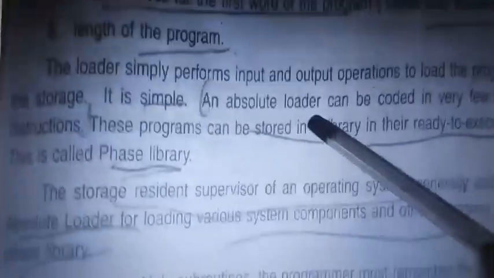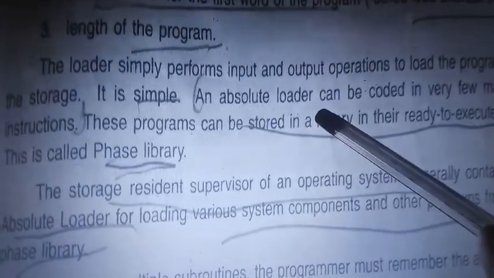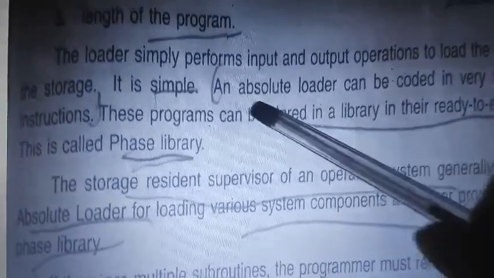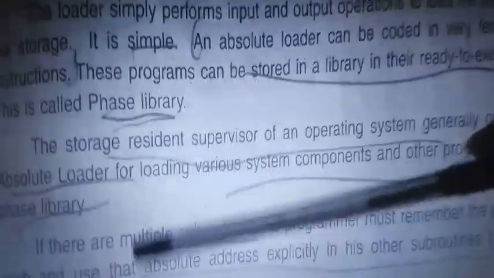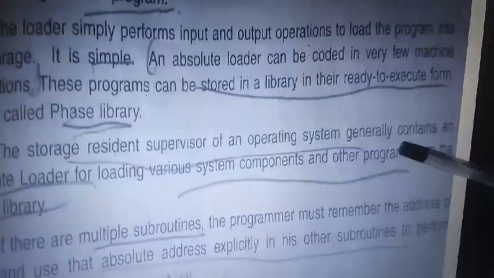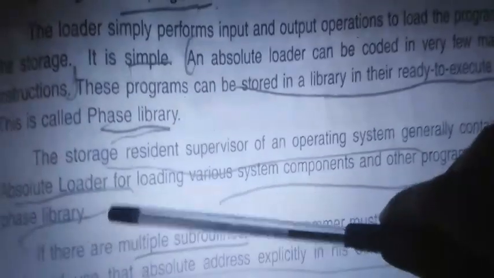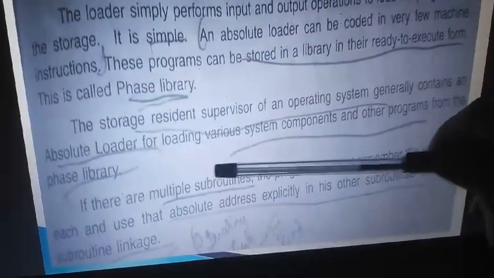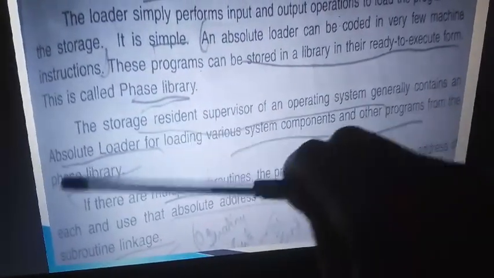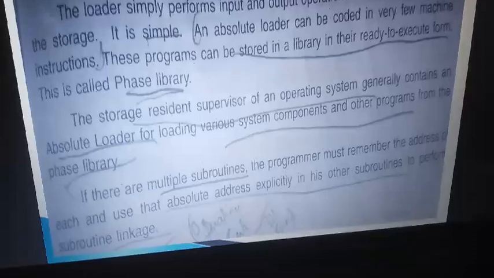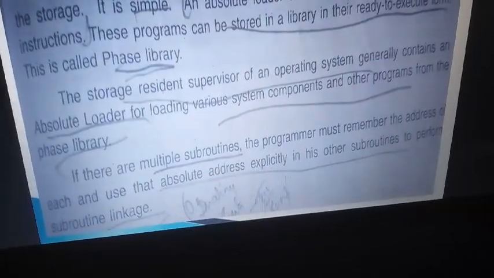The absolute loader is very less memory consuming software, which stores the ready-made program, that is called a phase, into the main memory. So here every supervision is done by the operating system when you are using the absolute loader, because it's a simple scheme of loader, clear. It loads the system component, wherever the phase library you programmed, into the main memory, clear.